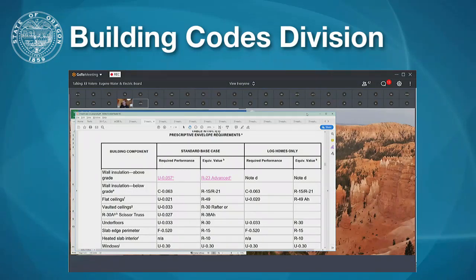Or are we going to get to a REACH code that gets us a lot of the way there and then do the work? At some point we need to define how we are going to determine whether whatever we have is an equivalent level of performance to the Zero Energy Ready spec.